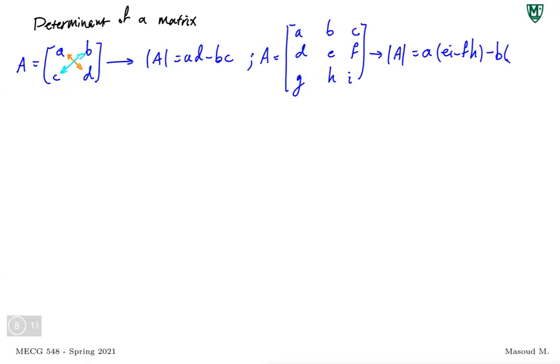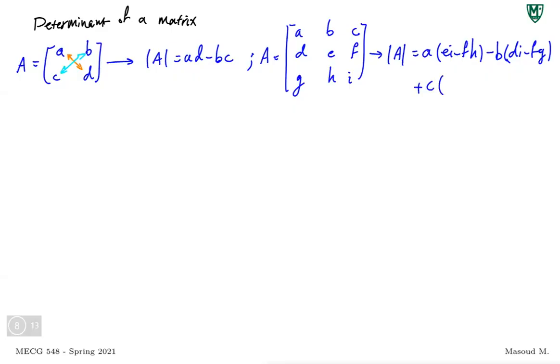I'm just giving you the general form, but let me not explain it. I'm hoping that you know. I'm just doing a review. So for B, you eliminate the first row and the second column. Since the summation of that row and that column becomes 3, first plus 2 is 3, so you have minus there. B times DI minus FG